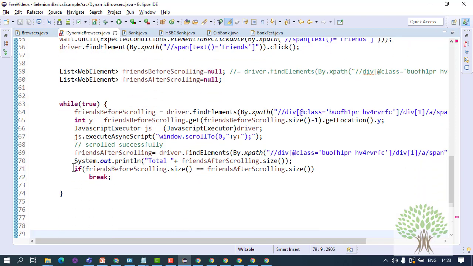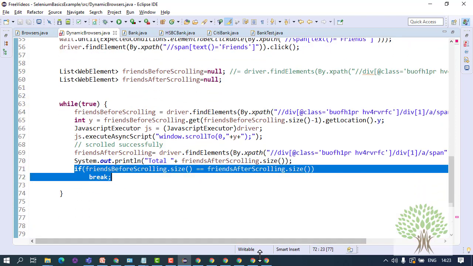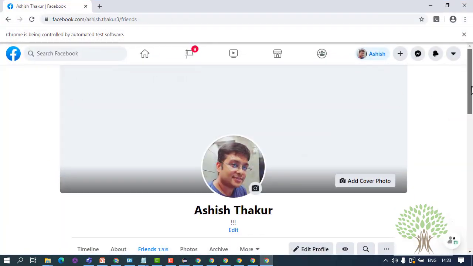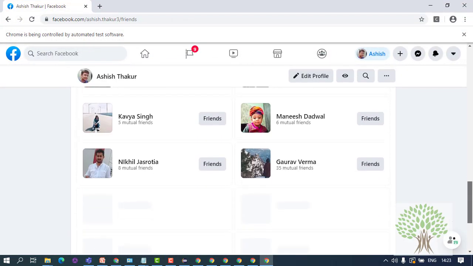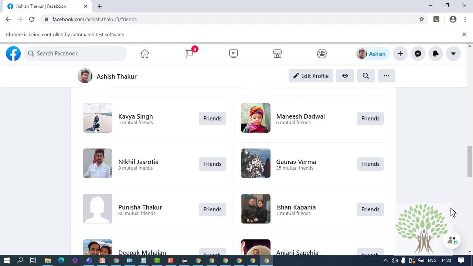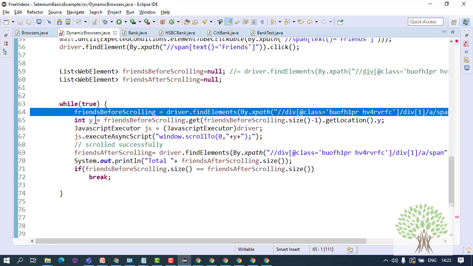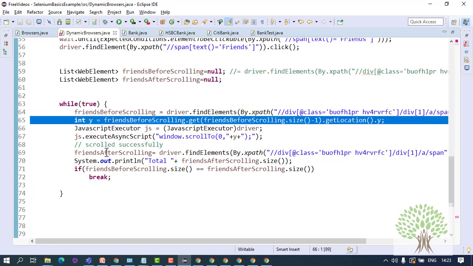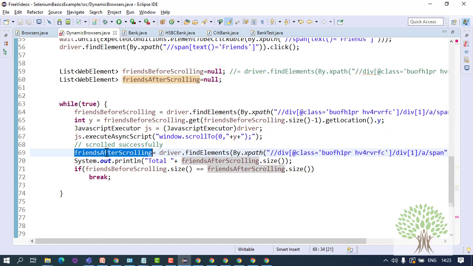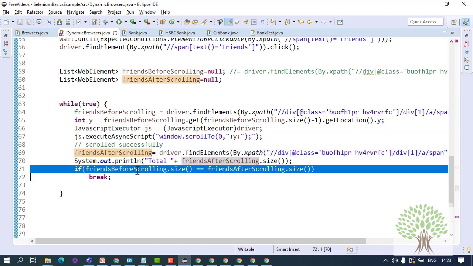So this condition is important, because when you have reached the last friend, you won't be able to scroll down and the number of friends will not increase. So friends before scrolling you can calculate, and friends after scrolling you can calculate, and you can compare both the sizes of the lists, right?